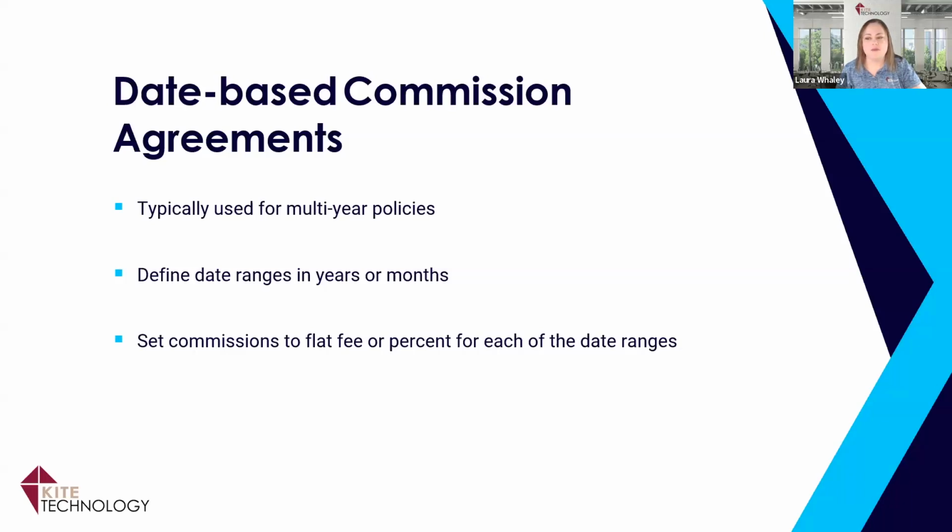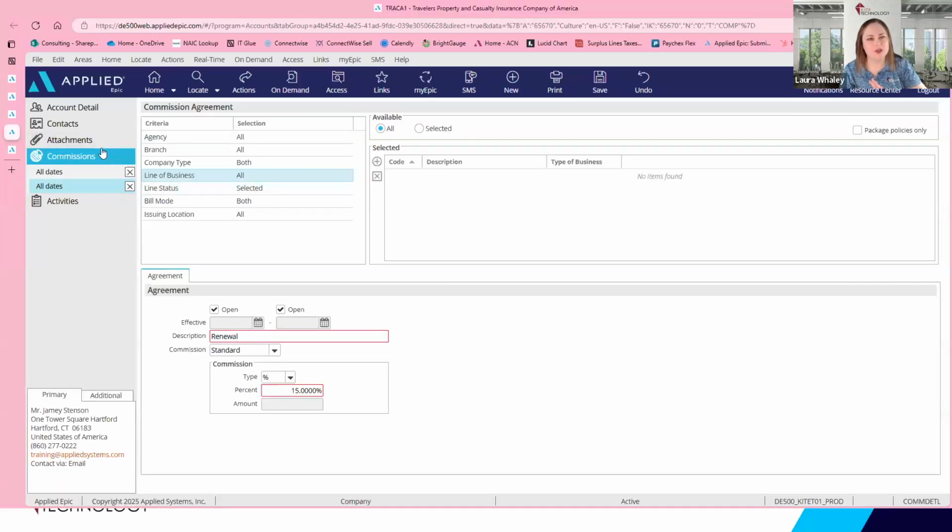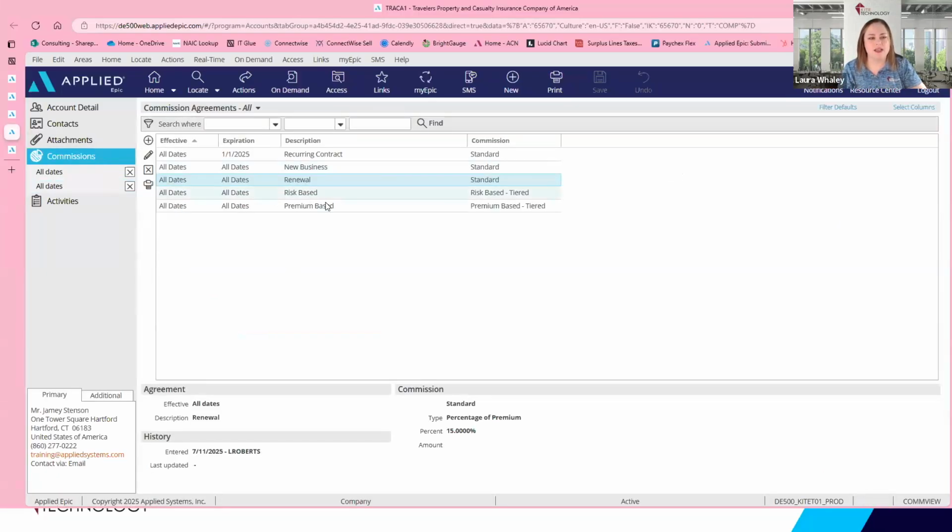All right, so from our date-based commission agreement, we're going to get into the next two, which are more found, I would say, in workers' comp and or benefits. We have our risk-based and our premium-based. So first one is going to be your